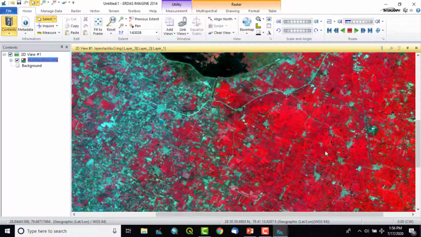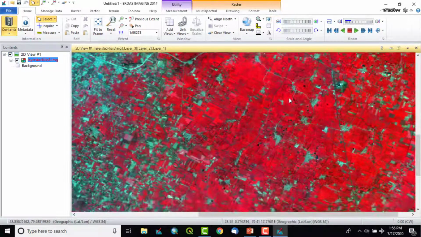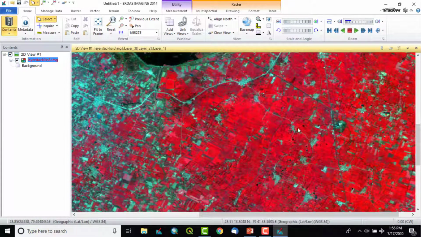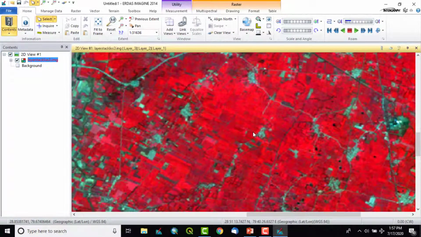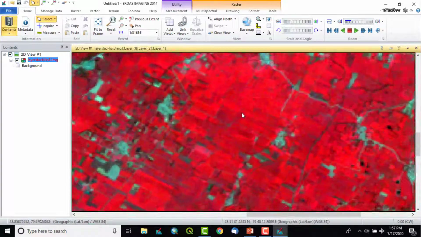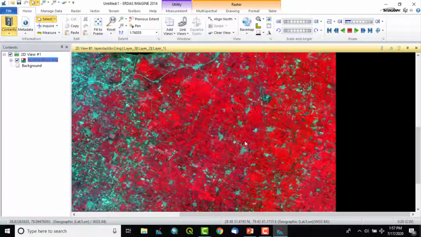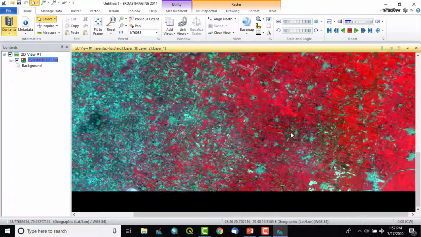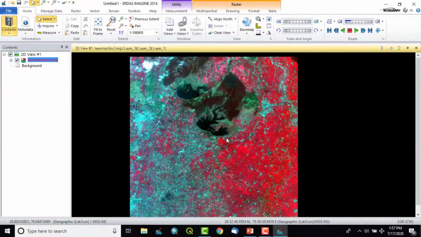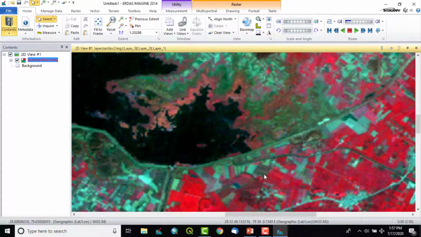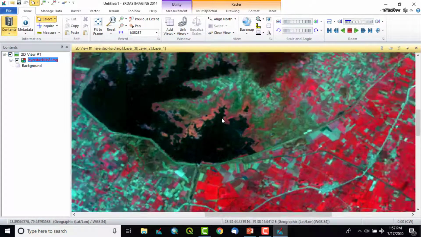The name itself tells that it shows false color. Like a very prominent example, the red color and pinkish color of this particular area. So these are nothing but the agricultural fields, which are shown in red and pinkish color, as well as some vegetation cover like here or here. These are the vegetation cover.